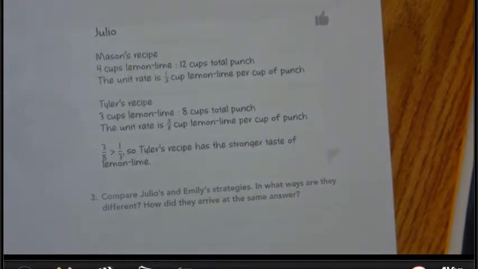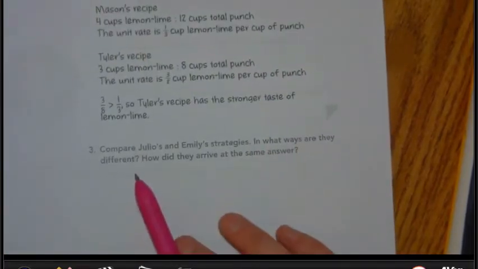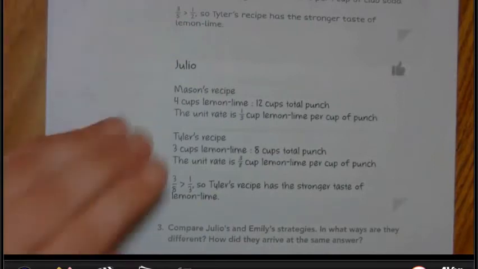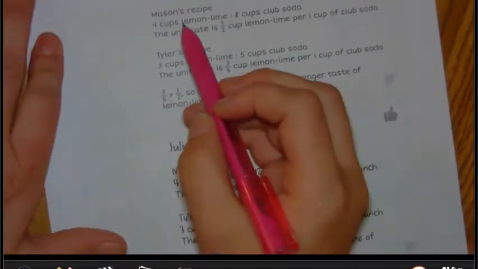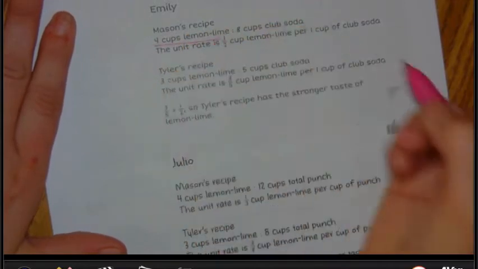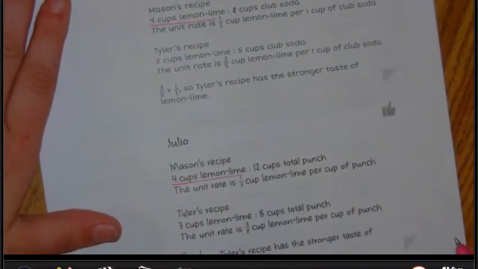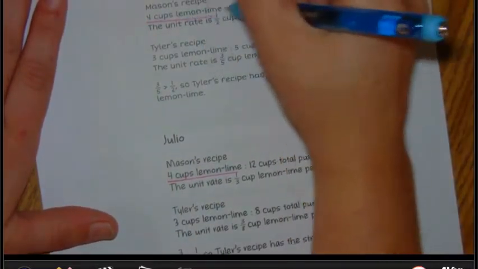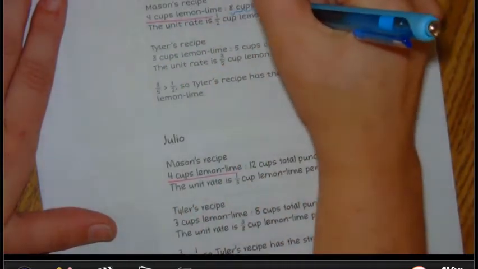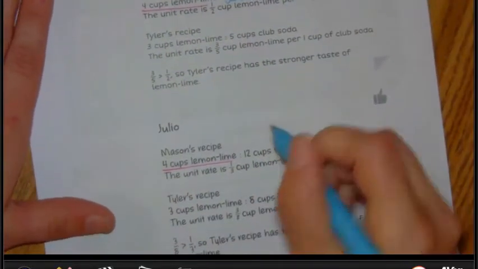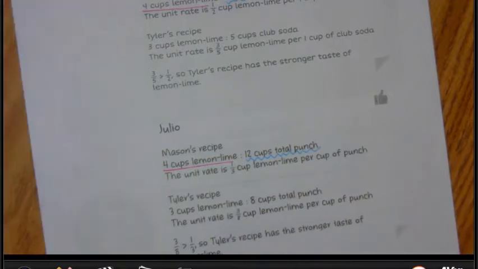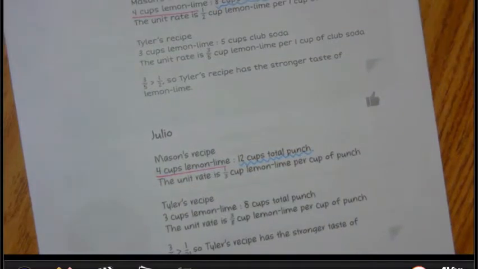Compare Julio's and Emily's strategy. In what ways are they different, and how did they arrive at the same answer? All right, so let's compare the two. All right, so I noticed when I look through Emily's, I see that I have 4 cups, and if I look at Julio's, I still stay at 4 cups of lemon lime. Okay, my big difference between the two is that Emily is looking at 4 cups of lemon lime and 8 cups of club soda, where Julio looks at 4 cups of lemon lime, that's still the same, to 12 cups total. Okay, so when I look at this,